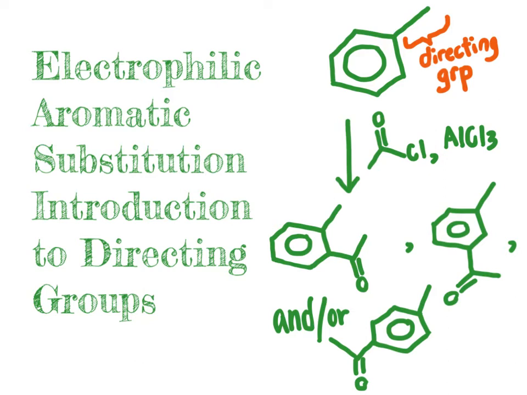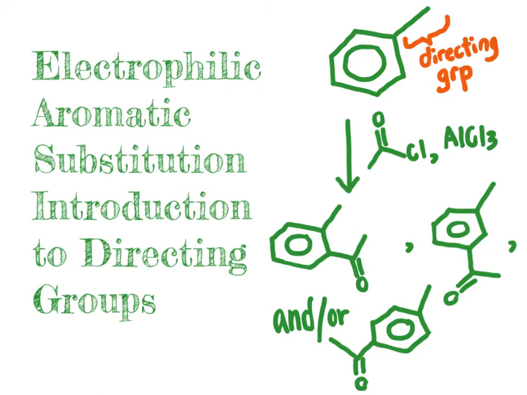In the case of a substituted aromatic ring as our starting material, like toluene here, we've got another challenge to deal with because of the fact that there are three possible constitutional isomer products. Anytime you're starting with a molecule that has one group already on it, and you're bringing in a second group,